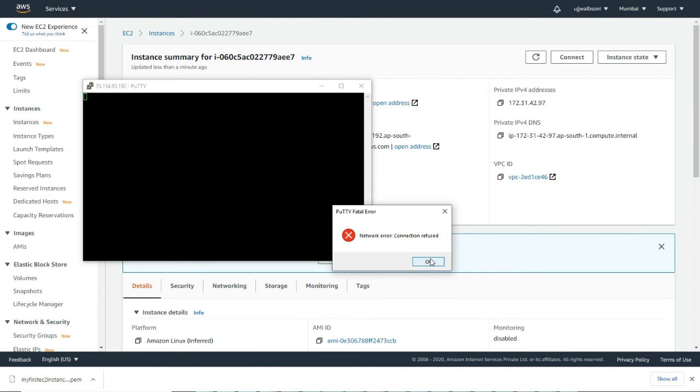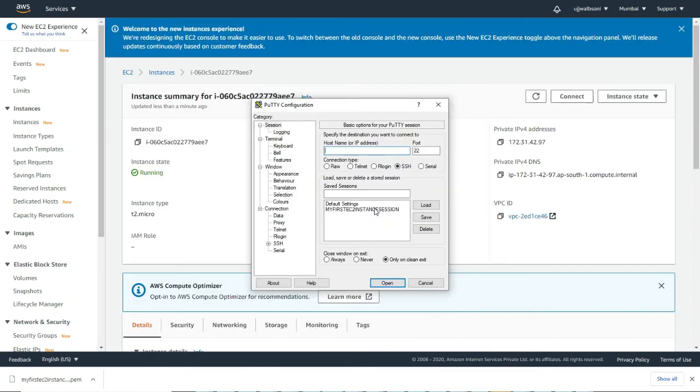So it shows that connection refused. So basically you get connection refused error if you are connected to some VPN, or let's say you're protected by a firewall or antivirus. So basically you need to enable the port 22 in order to set up the connection. So basically I was connected to the VPN, that's why I was getting that error. I disconnected it and I will retry it again.